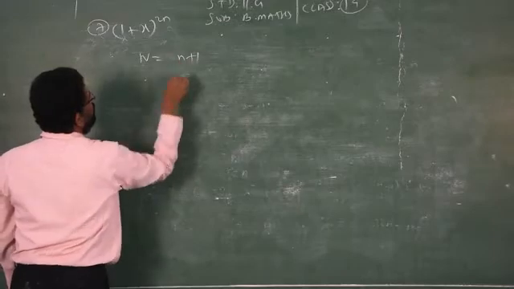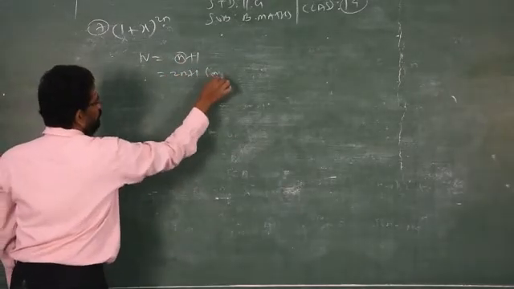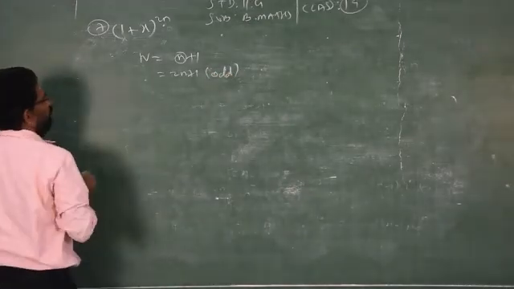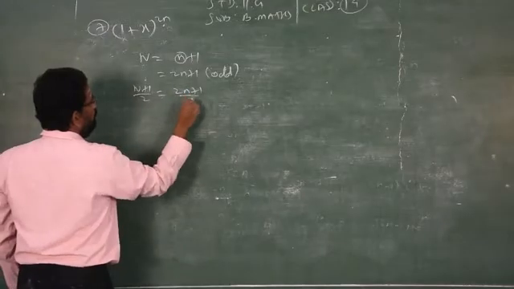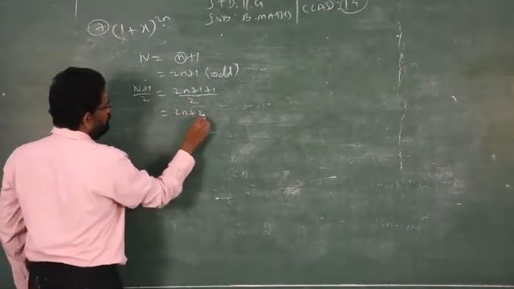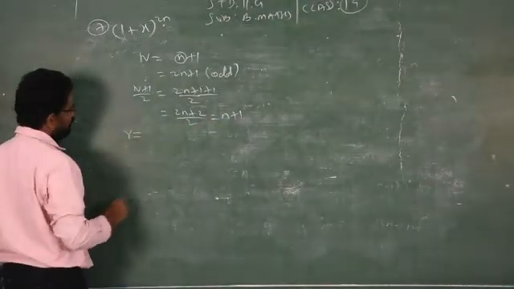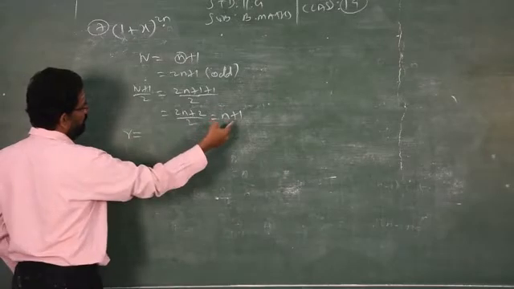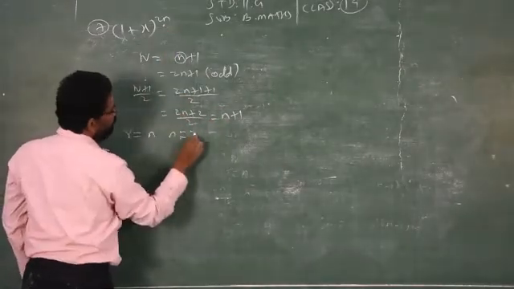that is n plus 1 formula, but what is n? 2n. So 2n plus 1, surely this will become what? Odd. So n plus 1 by 2, that is 2n plus 1 by 2 plus 1, that is 2n plus 2 by 2, which will give you n plus 1. So r is replaced by, what is r? The previous number of n plus 1, that is n. N is replaced by 2n.